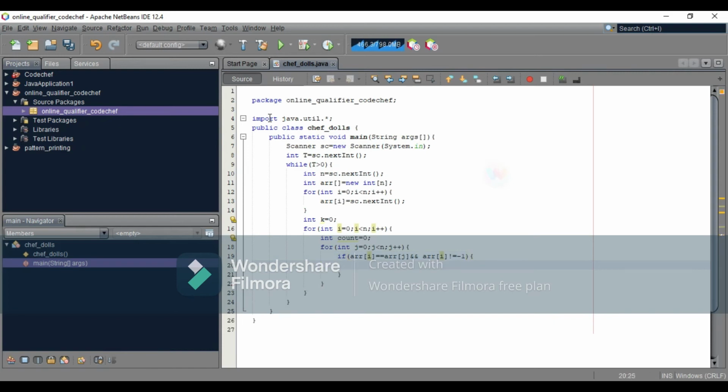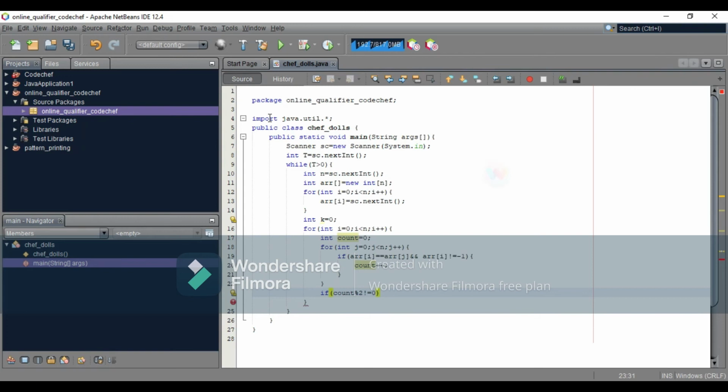In this case we have to basically increase the count variable, and after that we have to check if count modulo 2 is not equal to 0.